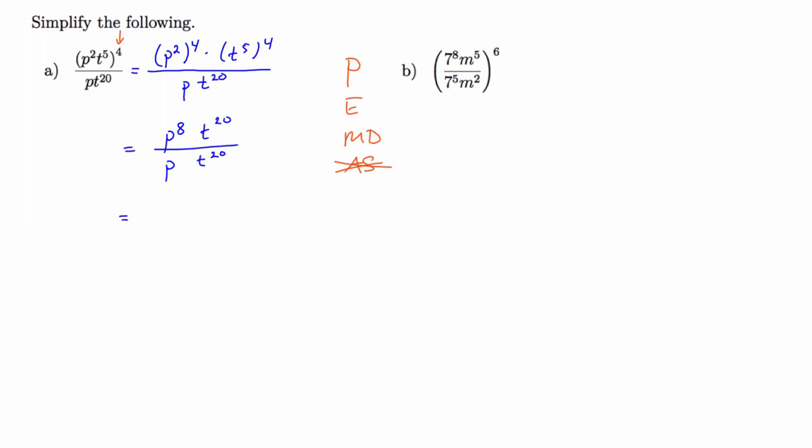We've now taken care of the parentheses and that outer exponent. What we now need to take care of is multiplication and division. P to the 8th divided by p, you want to remember that p in the denominator means 1p. So p to the 8th divided by p, one of the p's from the numerator cancels, leaving me with 7. T to the 20th divided by t to the 20th, I could write that as t to the 0. There are 20 t's in the numerator and they all cancel with the 20 t's in the denominator, so there were no t's left. But t to the 0 we know equals 1, so I'll simplify that down to p to the 7th.